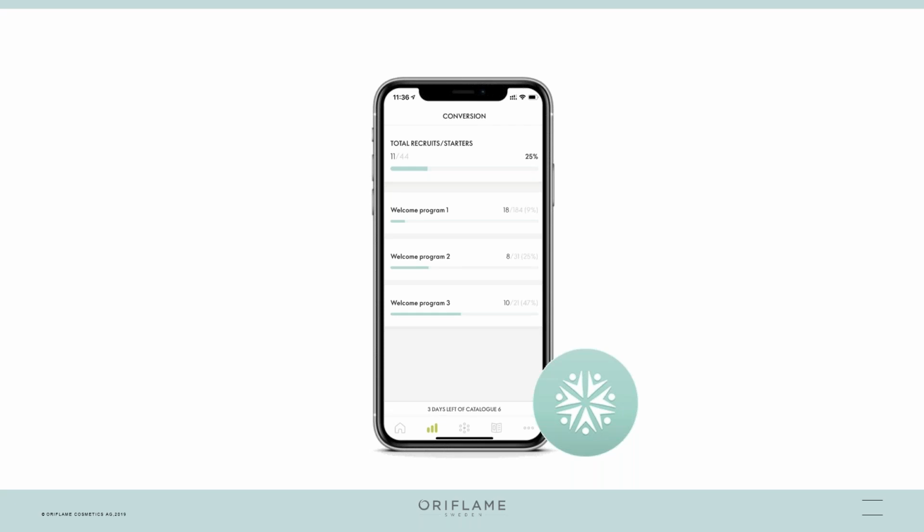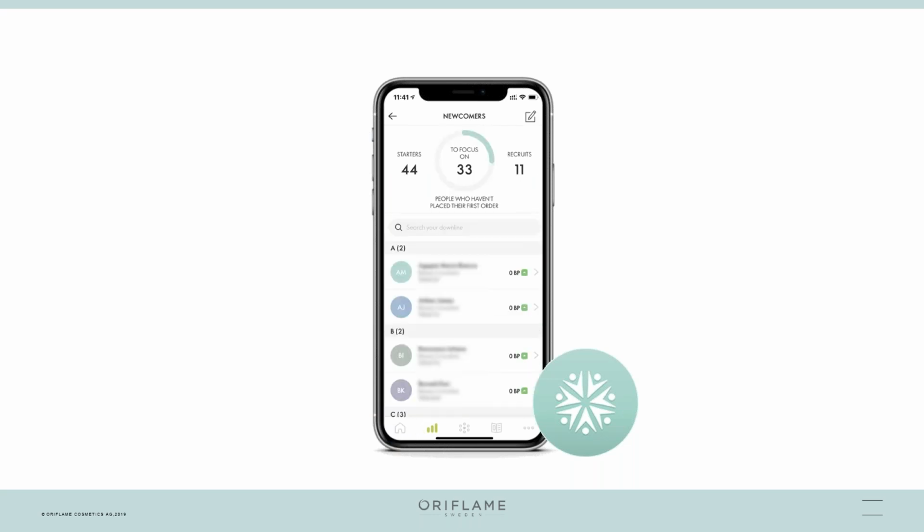So you can actually go into your business app, and if you look at the bottom there, if you select the second little icon, this will show you where your total recruits and starters are. So this is where you begin for your activation. You pick up onto that bit and you look at where they are there. So you've actually got that many people, and what you've got is 44 starters. Lucky you. This is 44 people who have started, they've actually registered with the company and with your team,